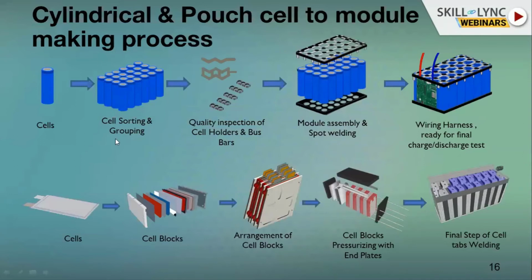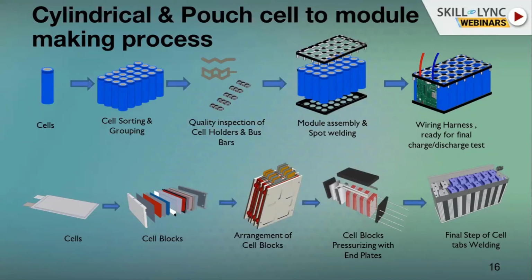This is the cell. The cells are sorted and grouped, and we have cell holders and we have bus bars. Now see, over here there are 4 and there are 6. So for example, let us assume 4 cells are connected in parallel, 6 cells are connected in series. Whatever be the capacity, that's the reason the cells are connected in parallel, to get the capacity. Whereas in the pouch cell, if you see, there are just cells connected in series, so that this cell already has a certain capacity and it won't need anything to be connected in parallel. So that's how this is done in pouch cells.